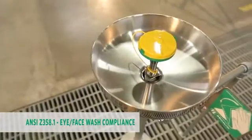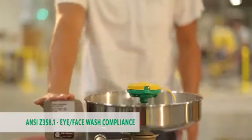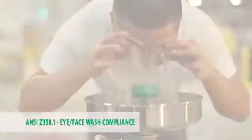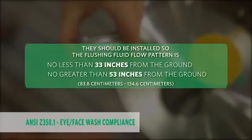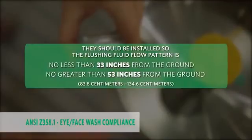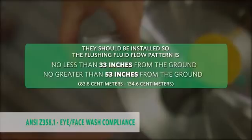An eye wash is a device used to provide fluid to irrigate and flush the eyes only, while an eye face wash is a device that provides irrigation and flushing to the eye and face simultaneously. Installation is an important part of compliance. Emergency eye and eye face washes should be installed and positioned so the flushing fluid flow pattern is no less than 33 inches and no greater than 53 inches from the ground,